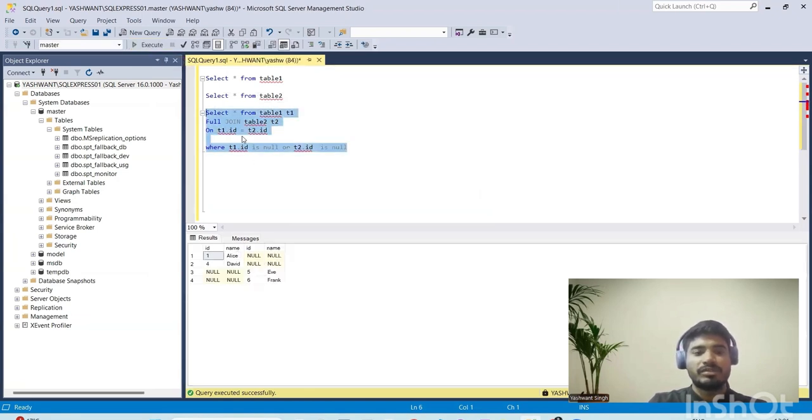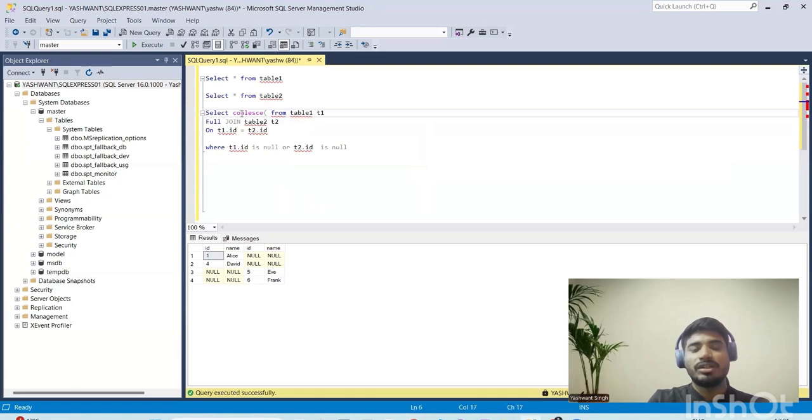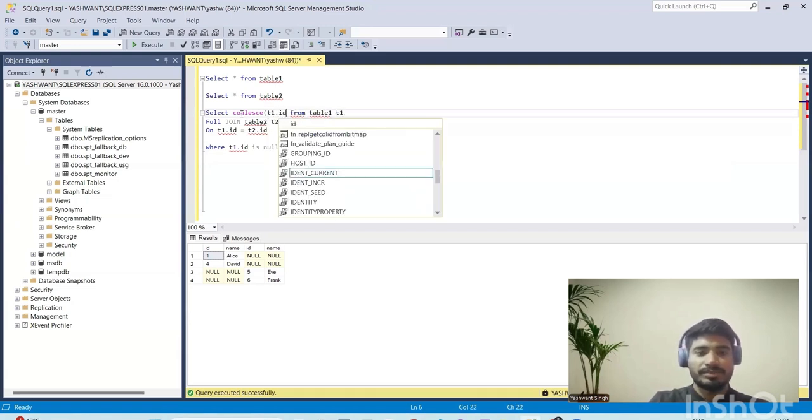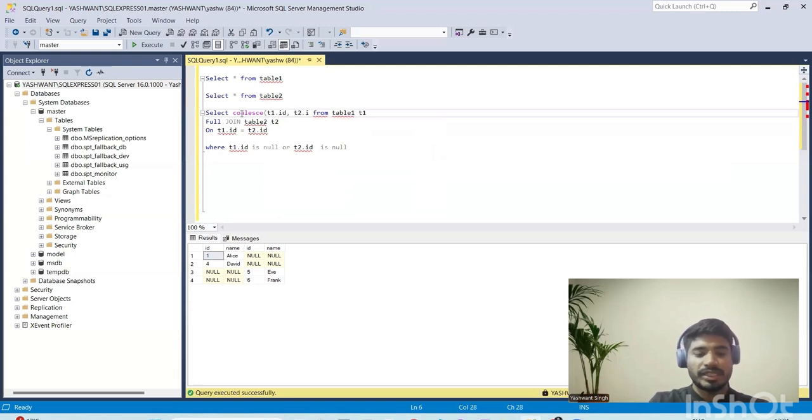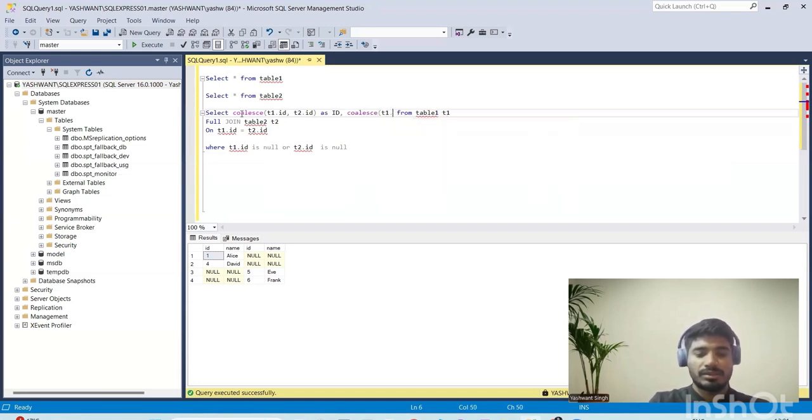So this is the output that we are getting, but we want only one ID column and one name column, right? Not like this where there are nulls and so on. For that, I will just use coalesce. What coalesce does is it only picks the non-null values. So I will firstly write t1.id and then t2.id as id. Then let me write it for the name as well, t1.name, t2.name